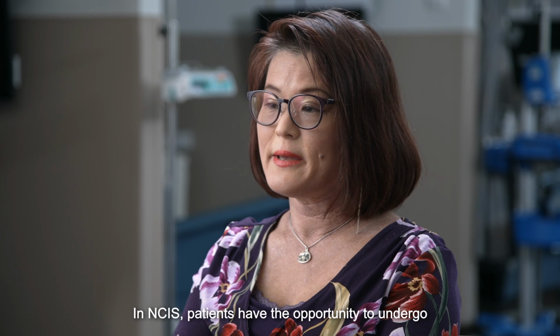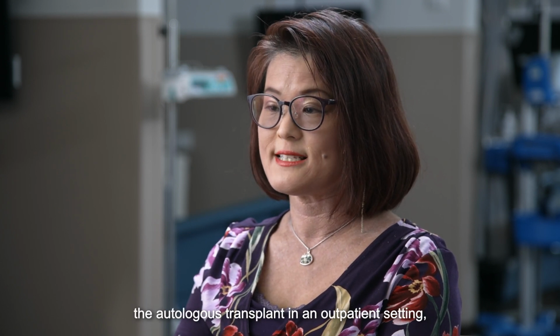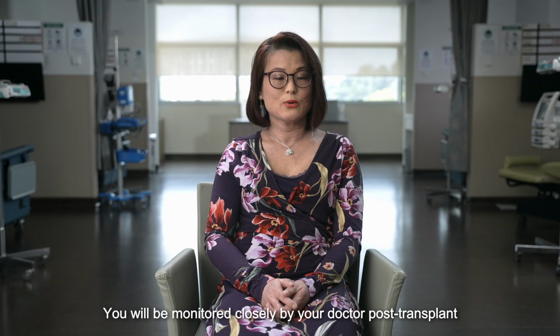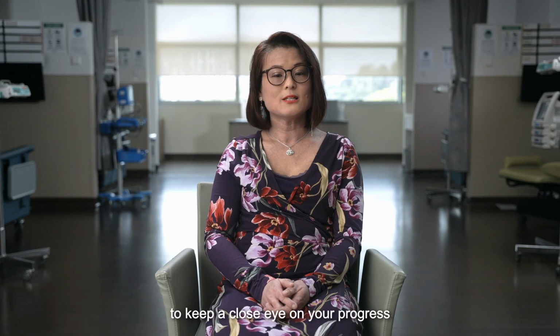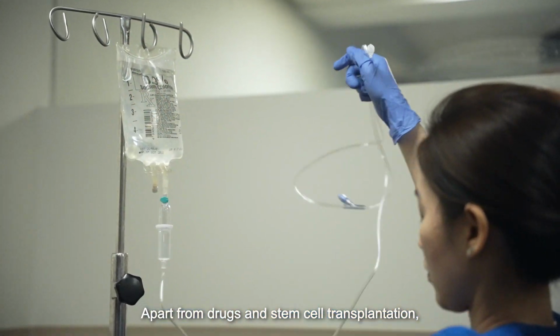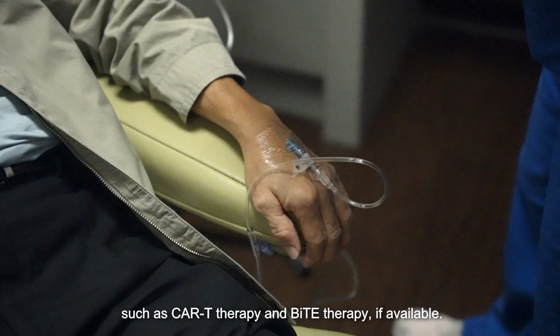In NCIS, patients have the opportunity to undergo the autologous transplant in an outpatient setting, provided they have good caregiver support. You will be monitored closely by your doctor post-transplant to keep a close eye on your progress and treat any complications early. Apart from drugs and stem cell transplantation, patients can also consider immunotherapies such as CAR-T therapy and